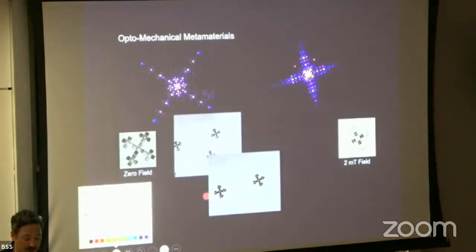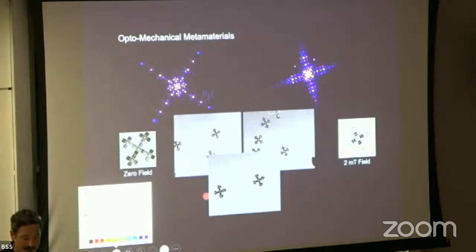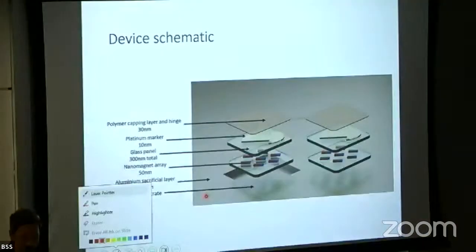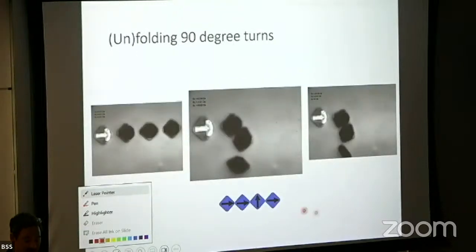So I want to do one last little bit before my time is up, which is to tell you about how we're getting to the machines of the kinds that I described. So here, what we're doing is we're combining the nanomagnets again, and now we have a little ribbon that connects these panels. And so we can create panels. In this case, we have sideways, sideways, up, and sideways. And if we apply a